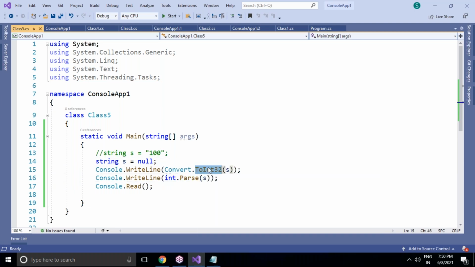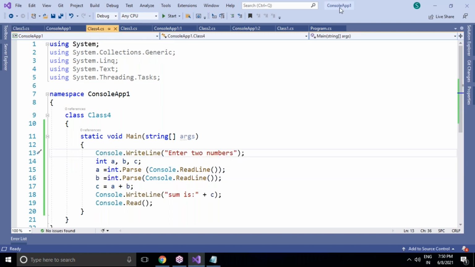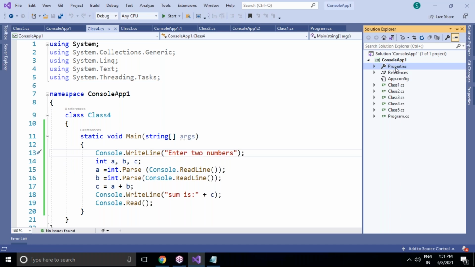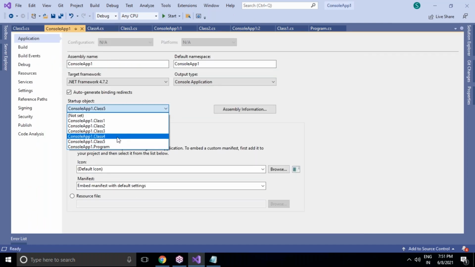You have to go for Convert.ToInt. So this is the main difference you have to observe. And next, go back to the previous program. Let's go back to the previous program. I'm just going to this program. In this program, observe here, I'm just changing the start of the object to show some important thing in this program, class